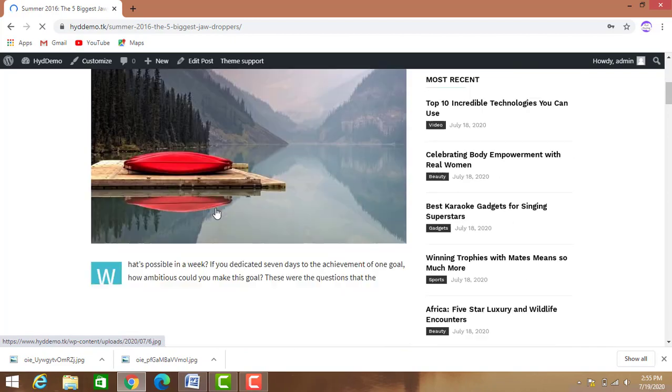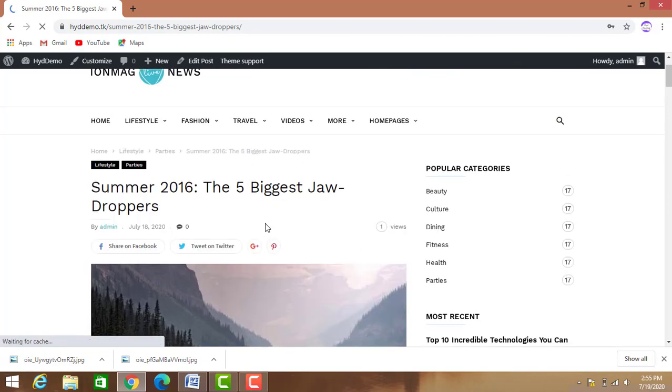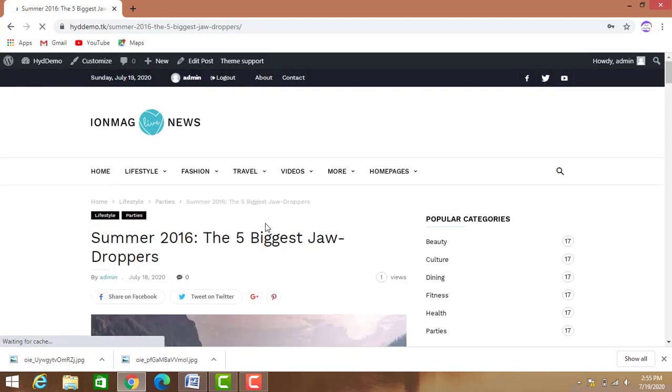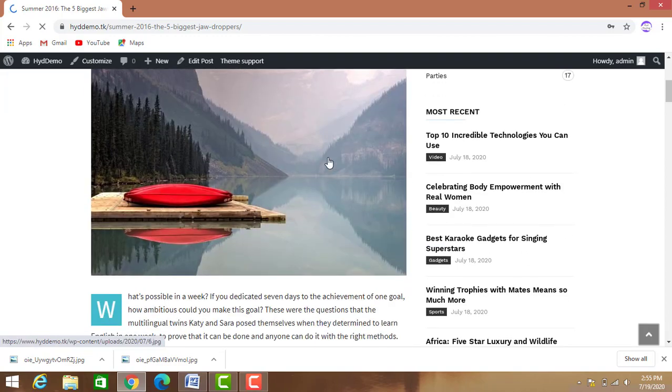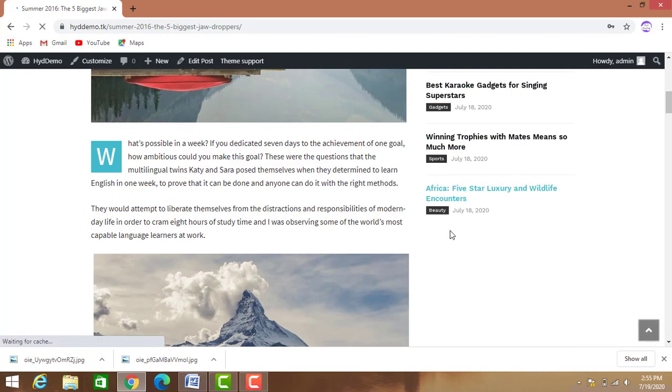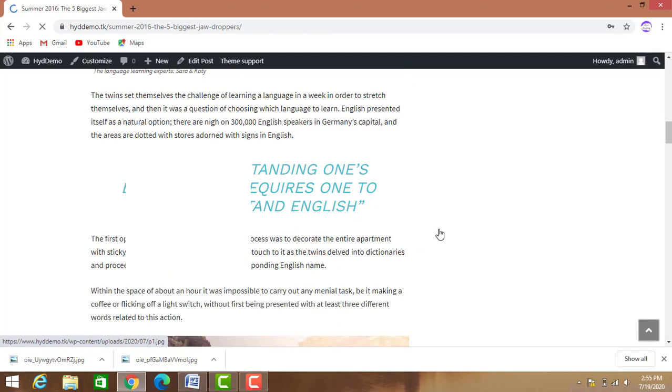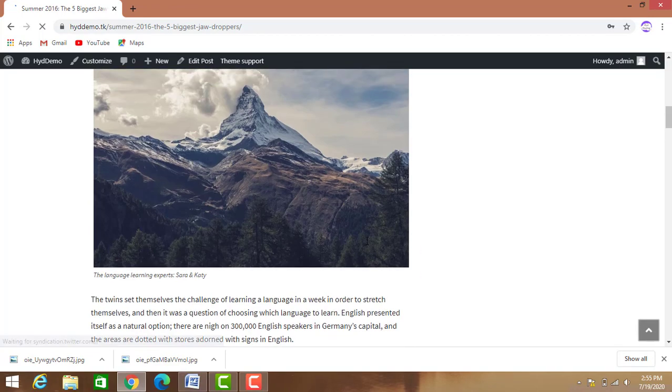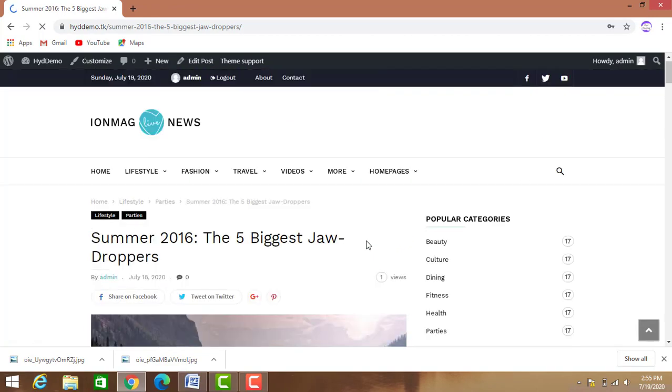Here, okay. So this is what our single post looks like, with a feature image and a sidebar. All these are the direct settings which we have imported, so we need not change anything here.